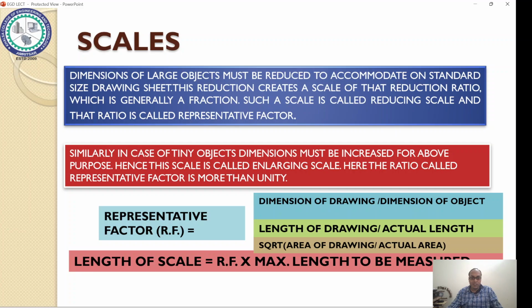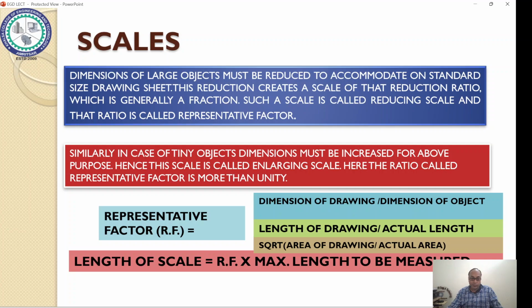Okay, we reduce the actual size of the object which we are going to present in our drawing sheet by a factor, and that factor is called the representative factor, or sometimes we call it the representative fraction. So in the scale, the representative fraction is a very important term, okay, which is the ratio of the size of the object in the drawing to the actual size of the object. You must always remember this, because to draw any scale, this is a very important parameter that we should know first. Okay,